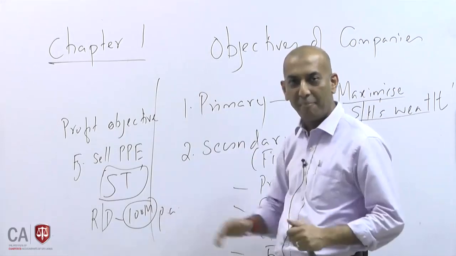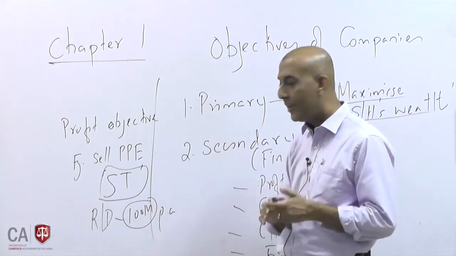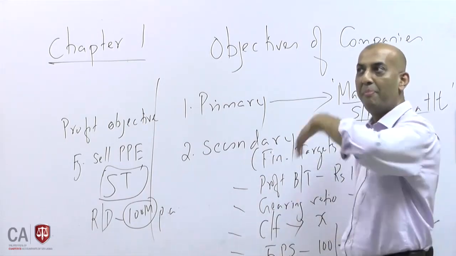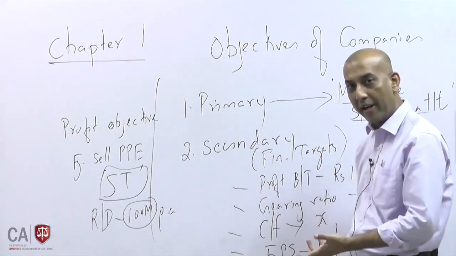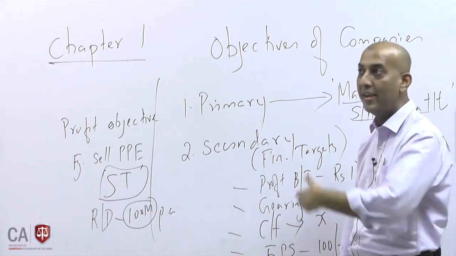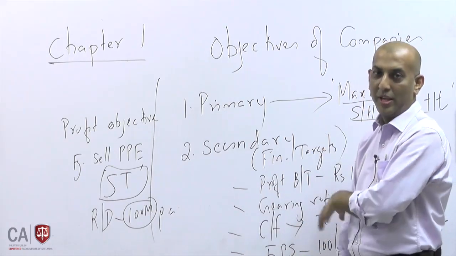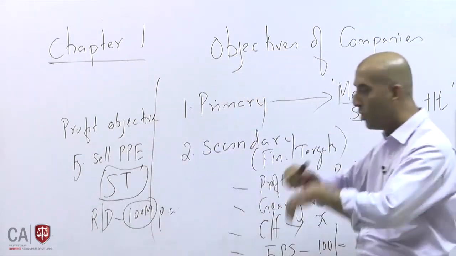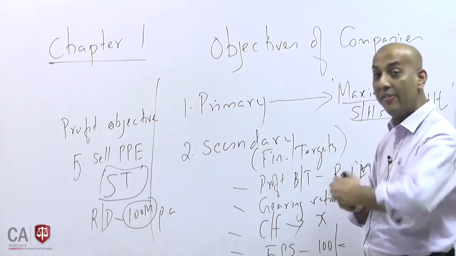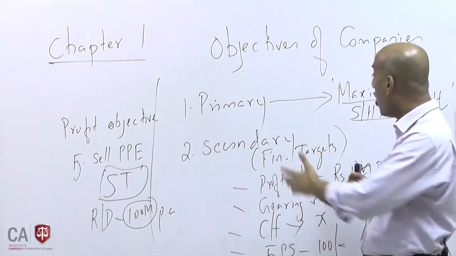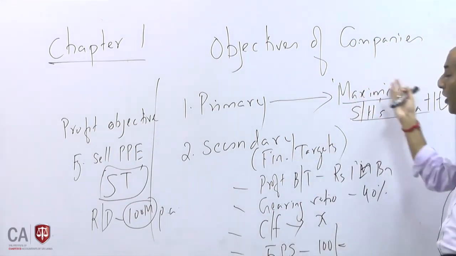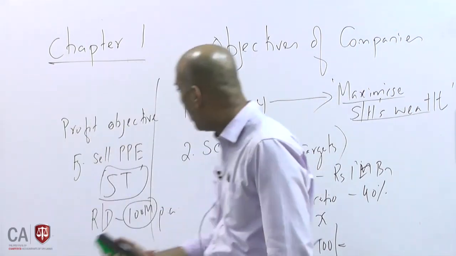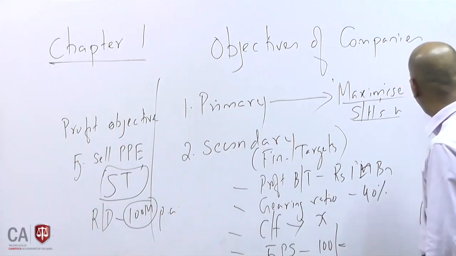You are a very good profit company. But in the long run, you cannot survive. Why? You don't have business because people need your innovative products. Innovative products are not there in the market. People lose the market. So that's why we have to think of the profit objective as this kind of thing, where you want to achieve profits even at the expense of the long-term purpose, which is maximizing shareholder wealth. Okay, so that's basically your primary objective and secondary objective.